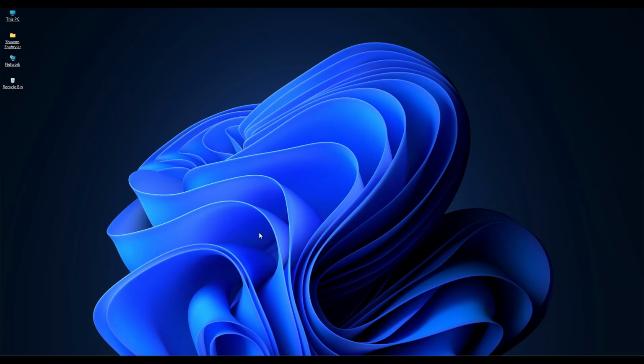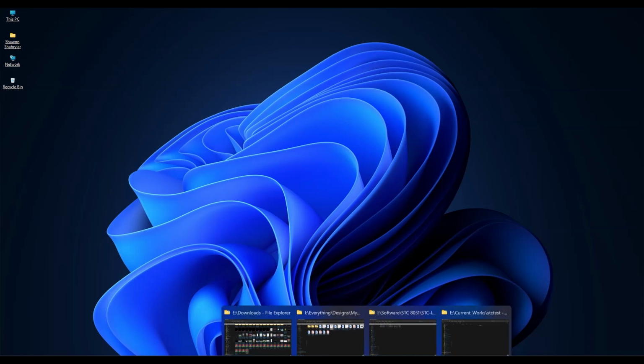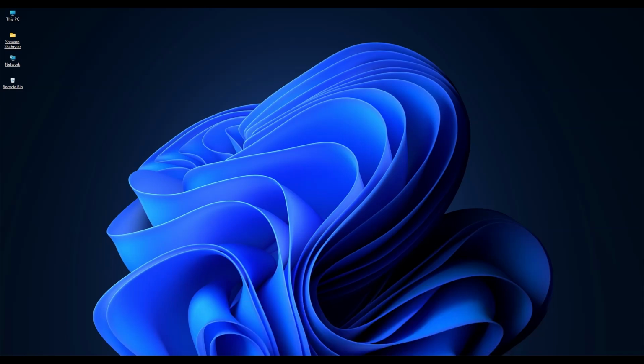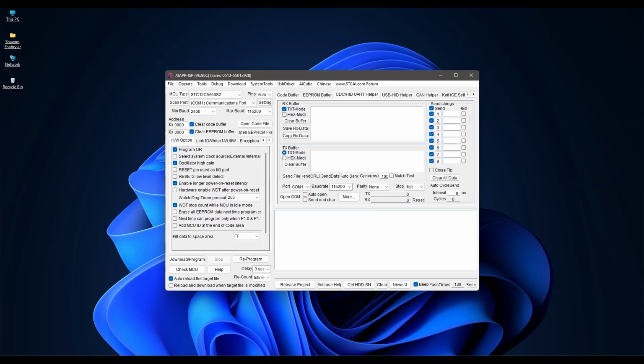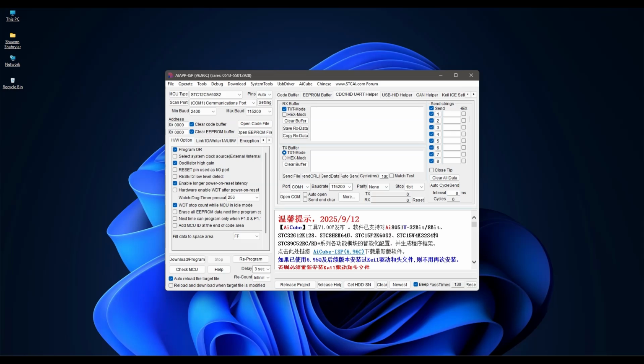But the issue with the STC microcontrollers is not just the language, it's also about the tool. STC have been using a very simple interface for transferring codes to their microcontrollers, and this app is called the